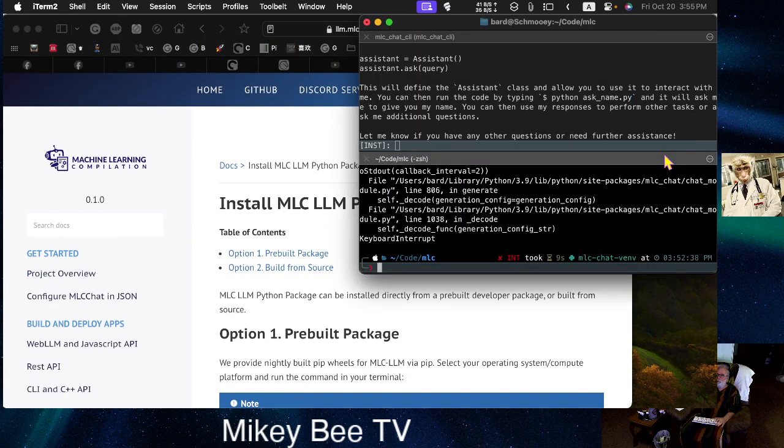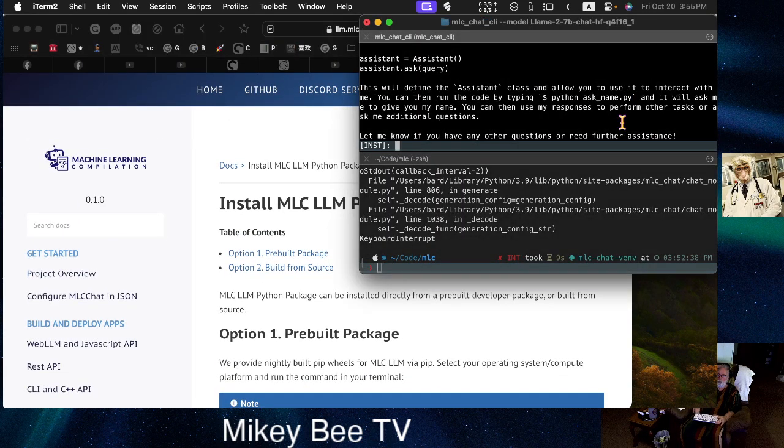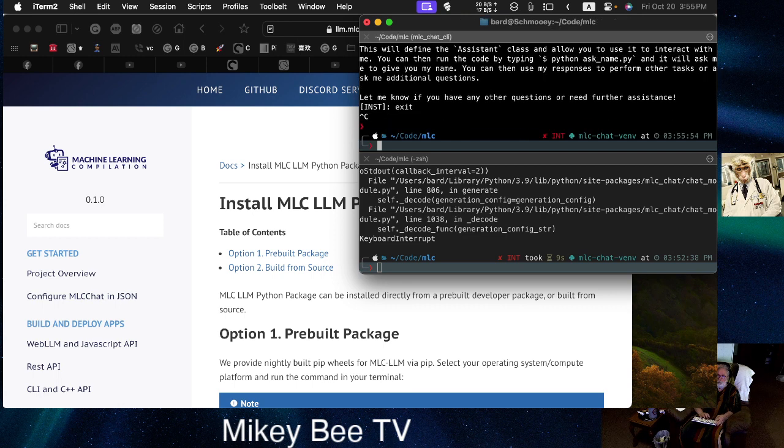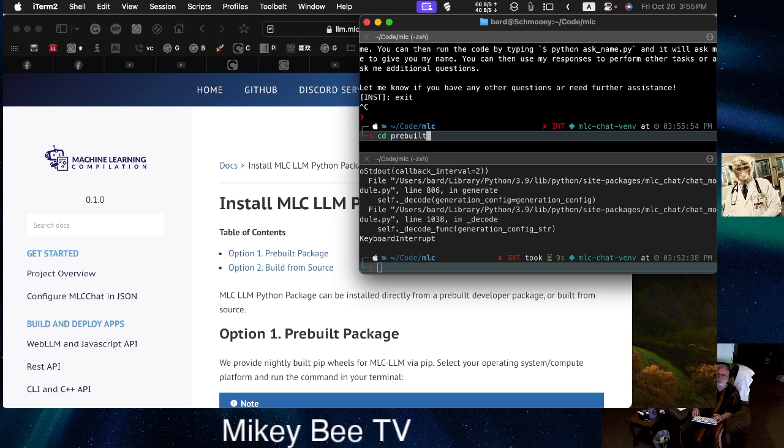Let's see what we have to do here. I'm not sure how to exit this. Well, that doesn't seem to be working. Let's just Control C it. Here we go. So the first thing I did was I had to install